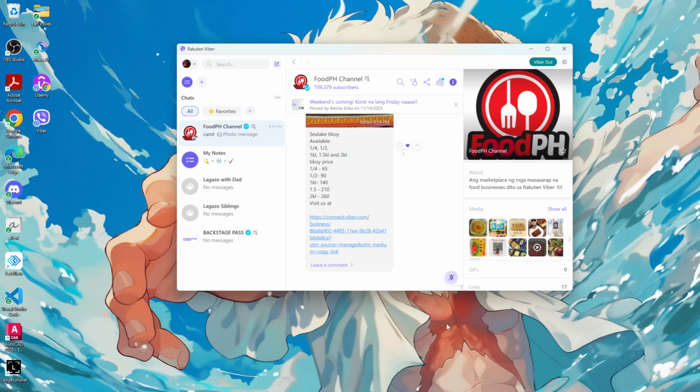Whether you're reliving past conversations or simply catching up with ongoing ones, you'll find this approach to accessing your chat history both effective and user-friendly. And there you have it, a quick and comprehensive guide to accessing your Viber chat history on a PC. I hope you found this method easy to follow. With Viber's smart syncing features, retrieving past messages is made incredibly simple, ensuring you're always connected to your important conversations, no matter where you are.